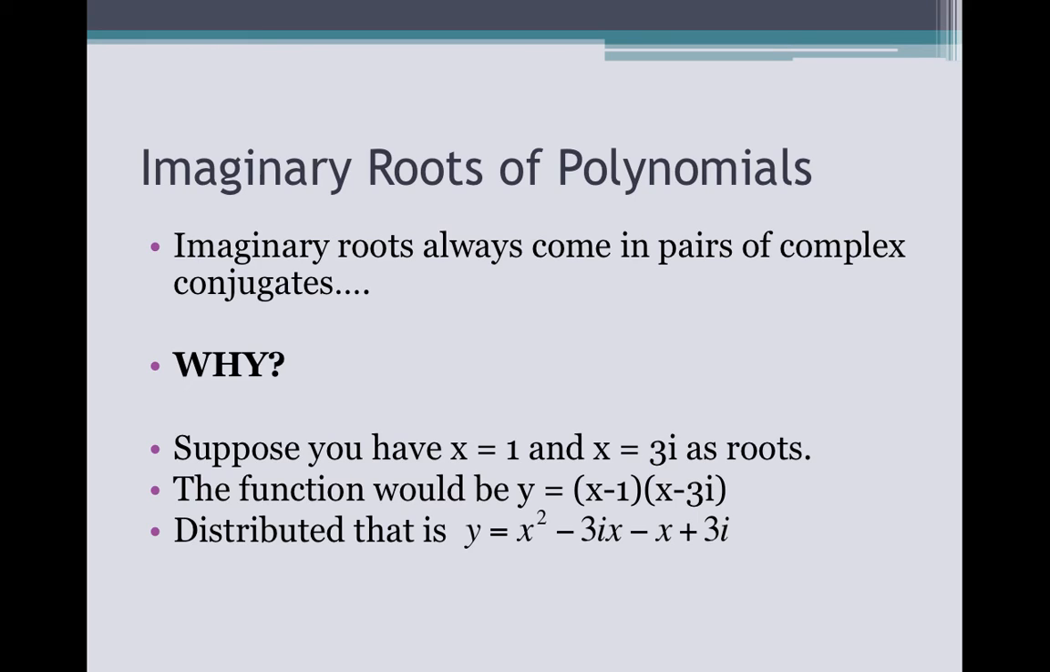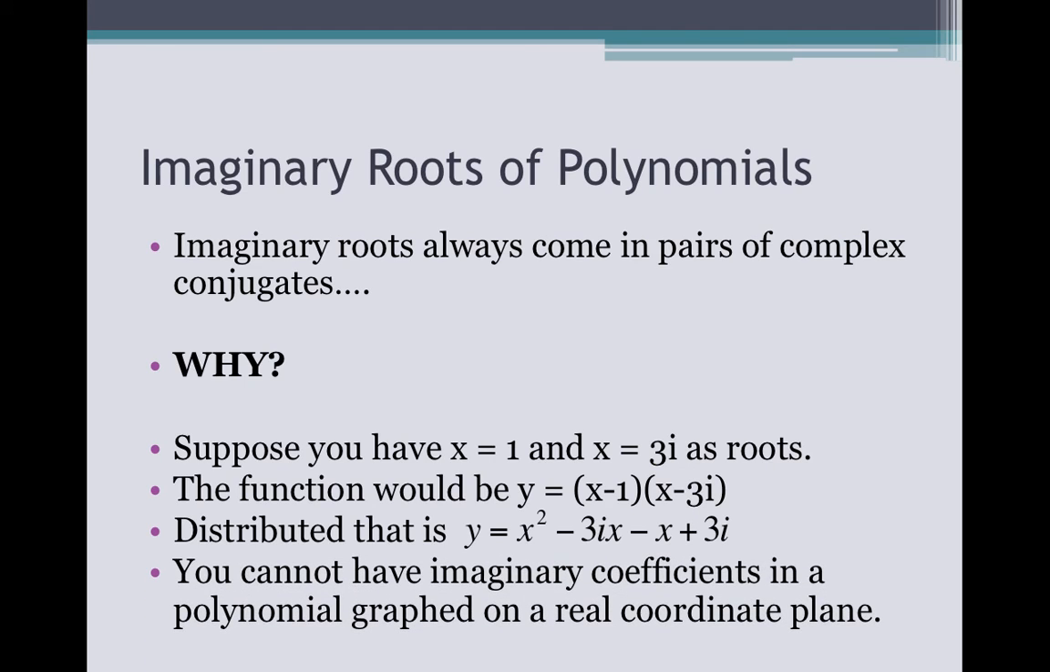There's no way that you can graph this polynomial with imaginary numbers on a real coordinate plane. So we always have real numbers for coefficients when we're talking about polynomials. So you cannot have imaginary coefficients in a polynomial graphed on a real coordinate plane. So we can't have this 3i here. So that means that